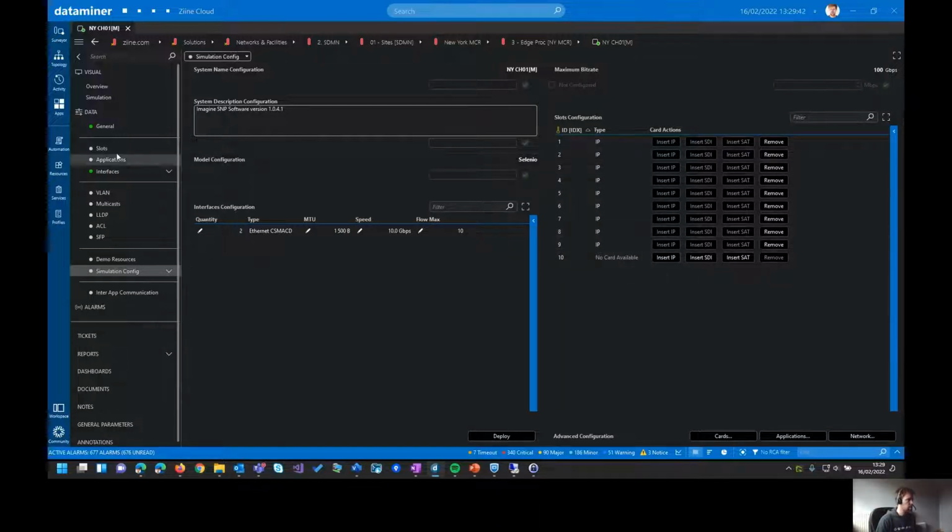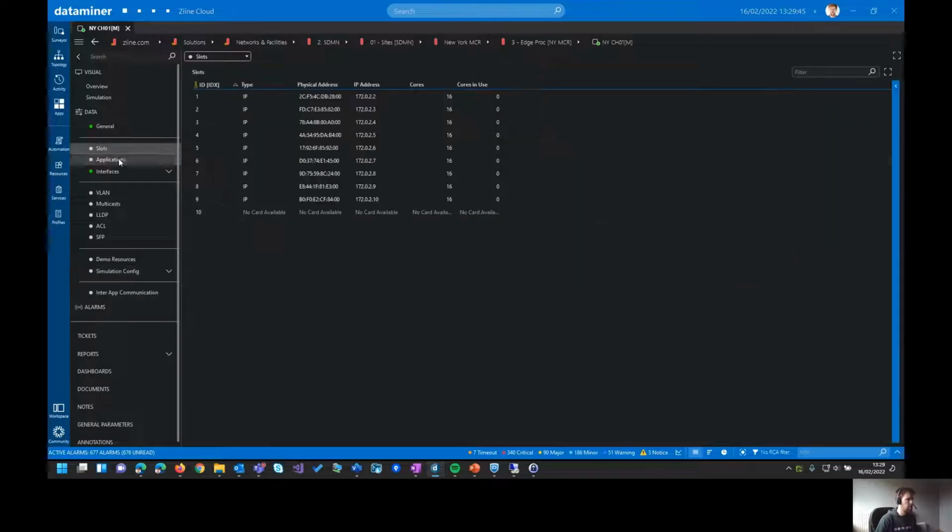These are IP cards. If we have a look at the slots page, here we see these cards. They have a physical address assigned, also an IP address, and they have some cores. IP cards have 16 cores, and currently there are no cores in use. What does this mean? Each card